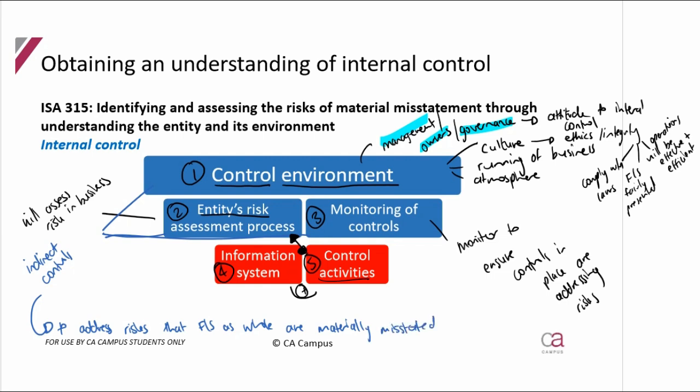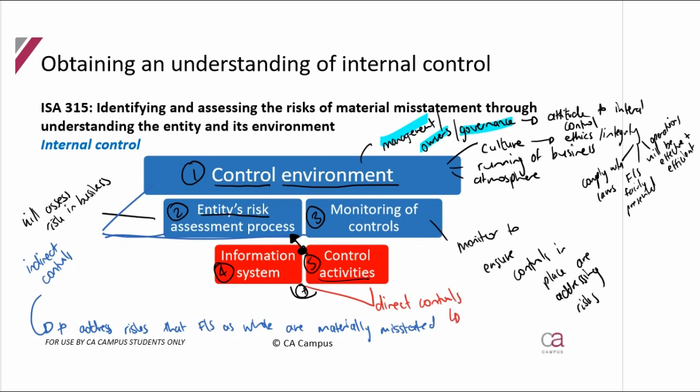So some of these controls, you can't see where they would impact directly on the financials, but saying something like the owners creating a culture of compliance with laws and regulations means that by doing that, they are trying to address that the financials have complied with laws and regulations and therefore aren't materially misstated. I cannot pinpoint that control to a specific area within the financials. As opposed to the 2 in red, information system and control activities, they are considered direct controls.